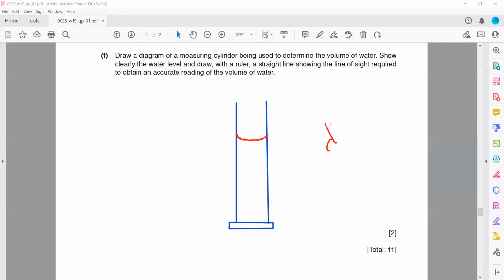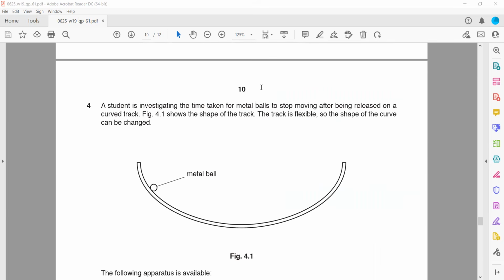And how do we avoid a line of sight error? We should always look perpendicular, and we always focus on the lower or bottom of the meniscus. So using a ruler or the scale, you have to draw this. The straight line should be there. And there will be markings, because on one side it is having markings. You don't have to write numbers. You just have to mark that. You should read from the side of the marking as well. So this is how we draw a diagram of a measuring cylinder in which we avoid a line of sight error, or we can say a parallax error. Then the last one, question 4, is